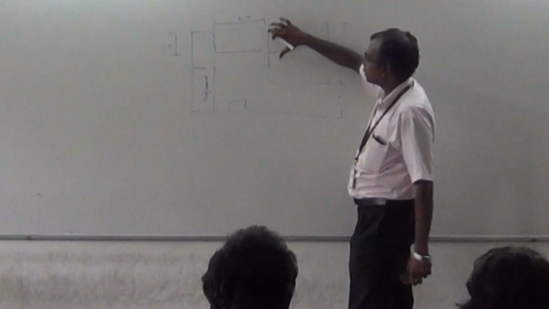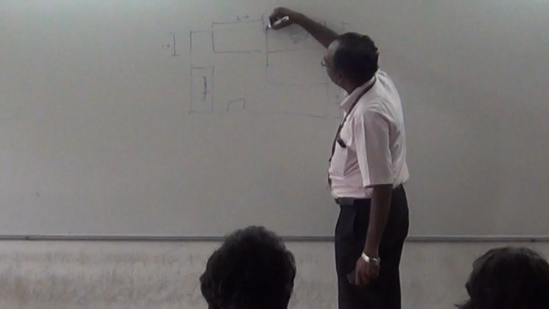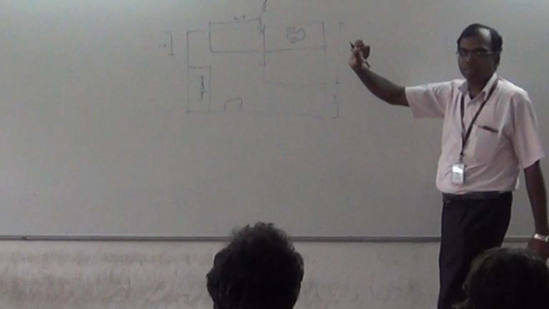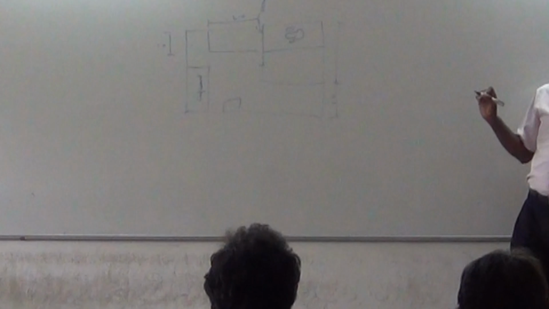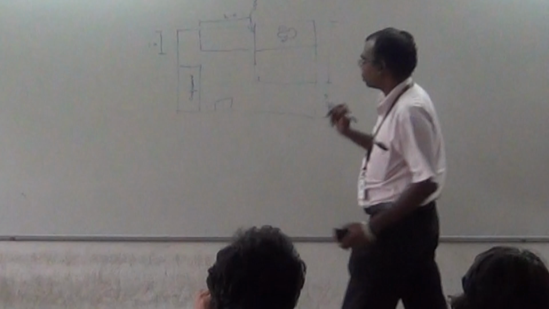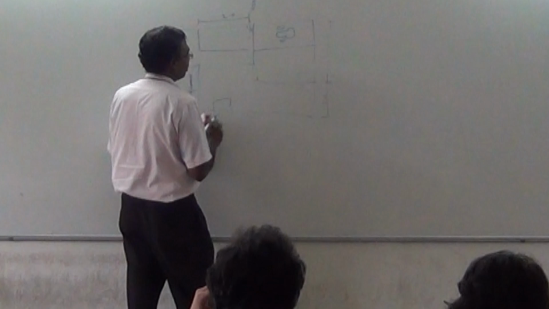So definitely this wall is going to be kept as 250 mm or 230 mm, because if you keep a 115 mm partition between the living area and the wet area, water seepage may be there. Because of that reason, keeping a door at this corner is also possible. Okay, so I can keep a door here.